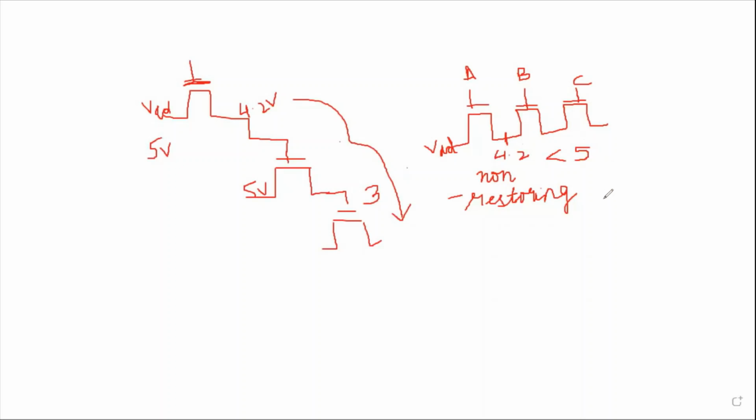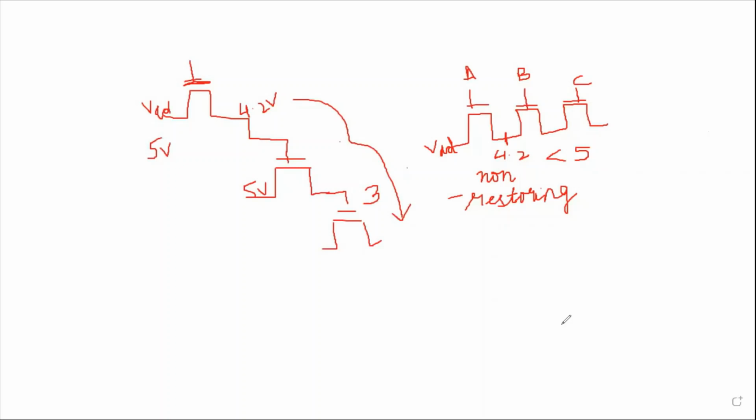So this doesn't make them an ideal candidate, though they occupy a lesser area. They are definitely used in conjunction with the CMOS logic, because wherever switching is required, they may be used because of the lesser space they occupy. But still, they are not a restoring logic, so not a very reliable source, especially when we are going to have gates with large fan outs, or when we are going to cascade a large number of gates or switches in series. Okay, so this was about pass transistor logic.